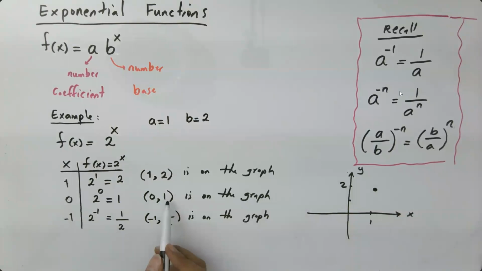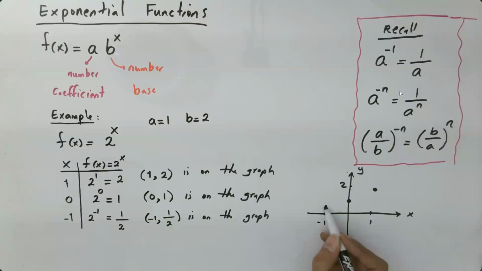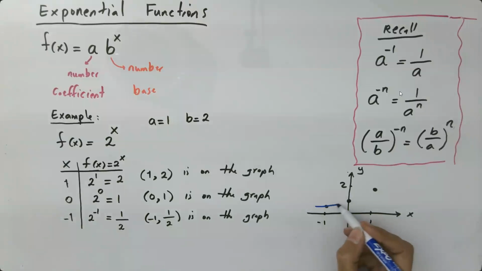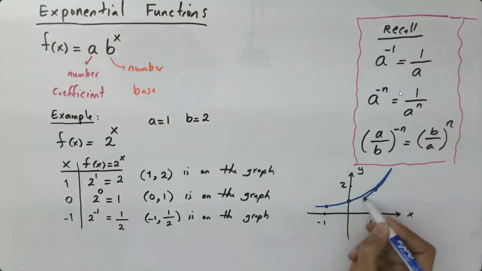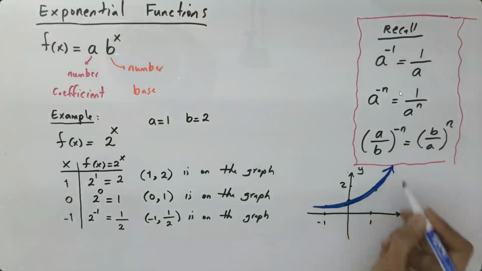At 0, I have a 1. It means that the graph hits the y-axis when x is 0. At -1, I have a half. Let me connect these together. I get the graph as if I continue plugging in more values, I'm going to have a better visualization of this